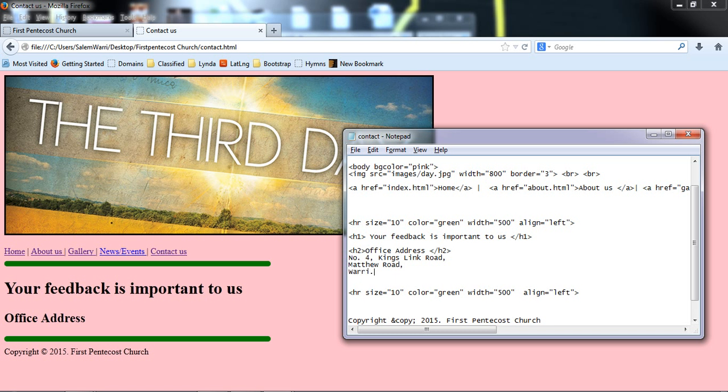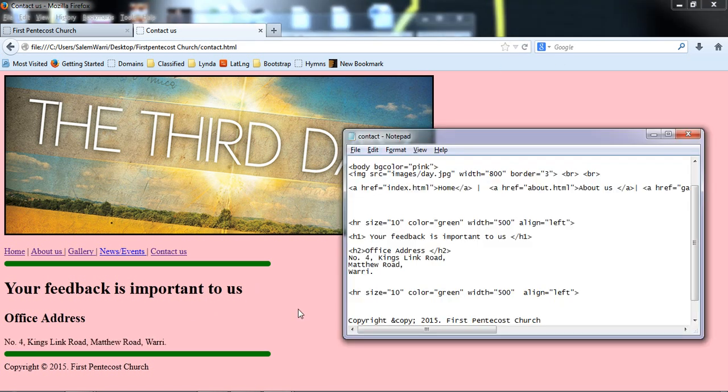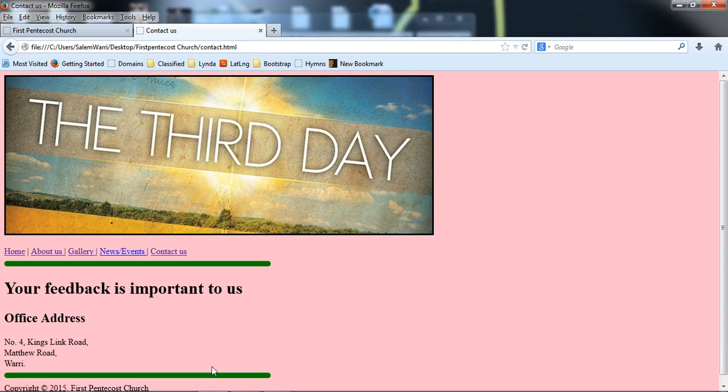Warri. I don't know if there's any place by that description in Warri. So Matthew Road. After the road, I think I should have a B arrow here. Another B arrow here. Okay, so